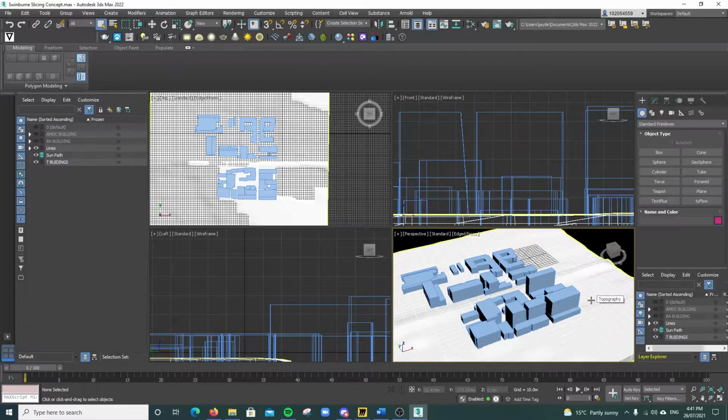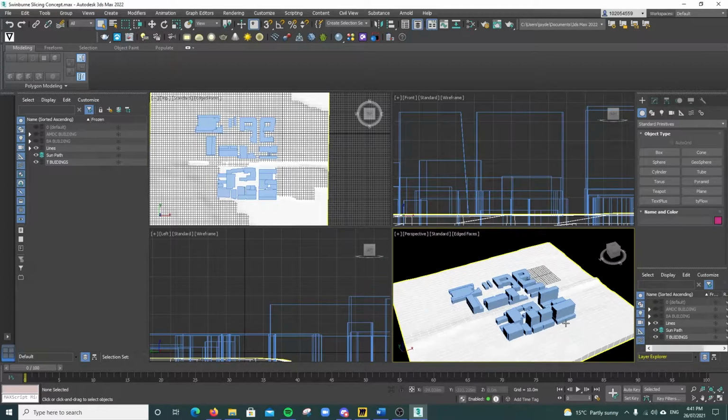Hey guys, in today's tutorial I'll be taking you through a sun analysis and shadow studies in 3ds Max using V-Ray. This is just the context of Swinburne University that I modeled up,